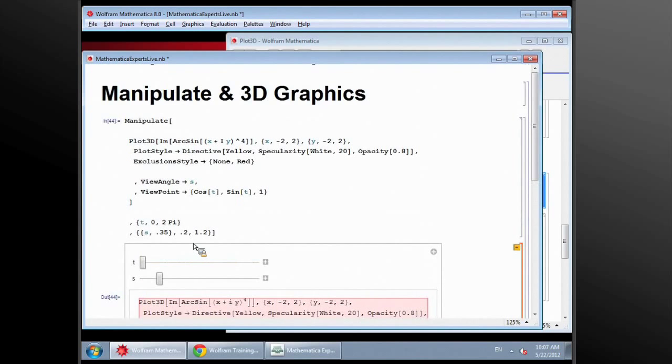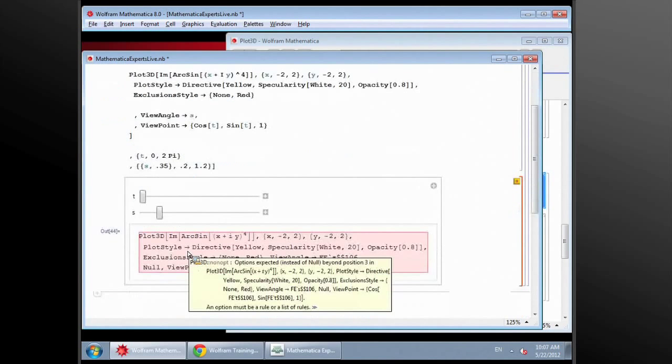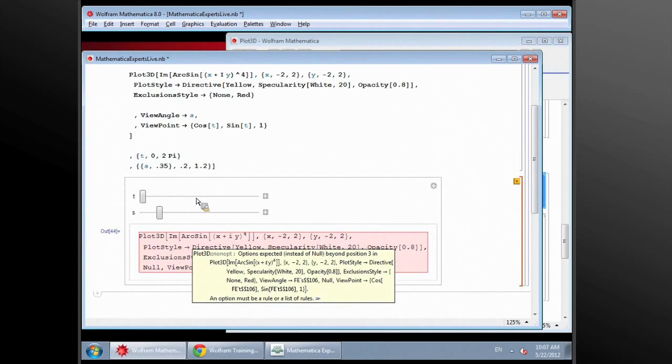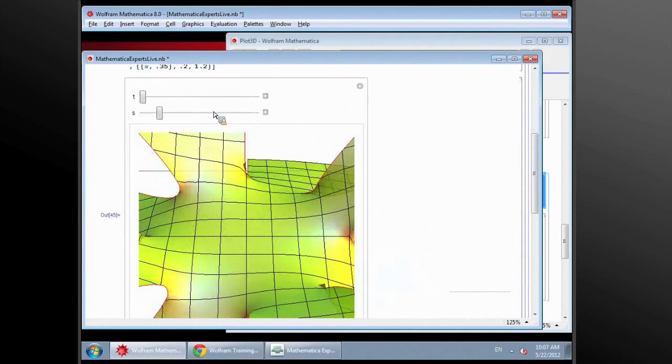So let me see what happened here. I think I'm missing something. Mouse over here and it will tell us what the error message is. You've got an extra comma somewhere. Yep. Yes, I see it. Here it is. So now we have our picture, and as you can see, the high quality graphics is on